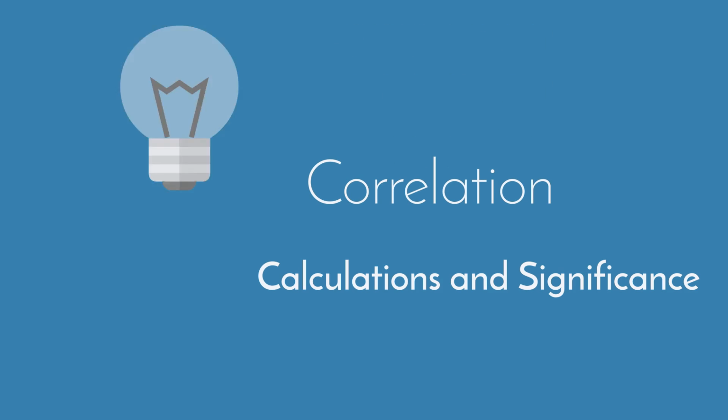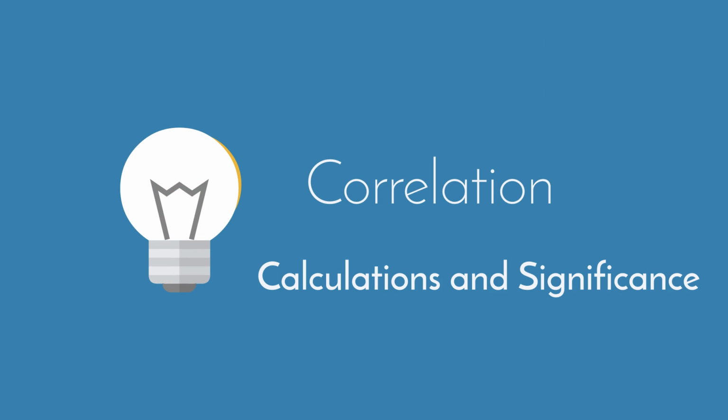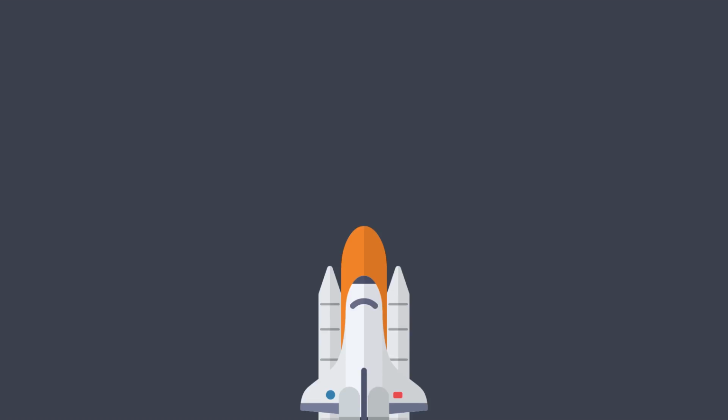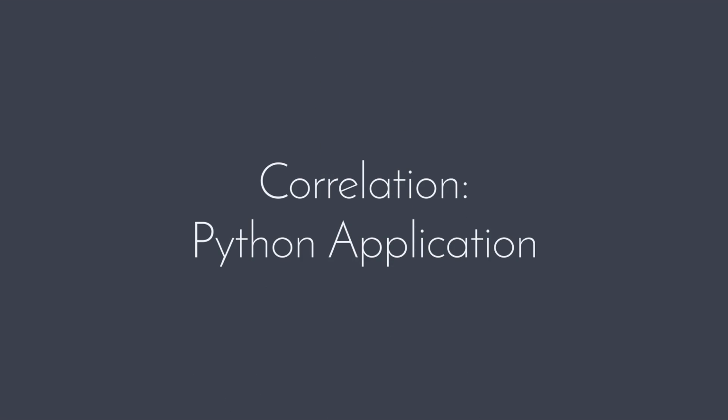In the last couple of videos, we learned how to calculate the correlation coefficient between the two variables and perform significance tests. I would encourage you to watch those before watching this one. In this video, we will learn how we can use Python to compute the correlation and the associated p-value for